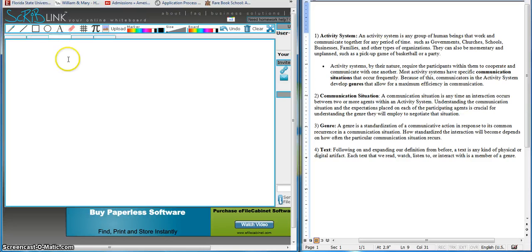We could take a different kind of example. So we could start with the movie that recently came out, Hugo. And that movie, that's the text of one sort. It's a visual text, but it's still a text. Then we could say, well, Hugo's participating in the animated movie genre.